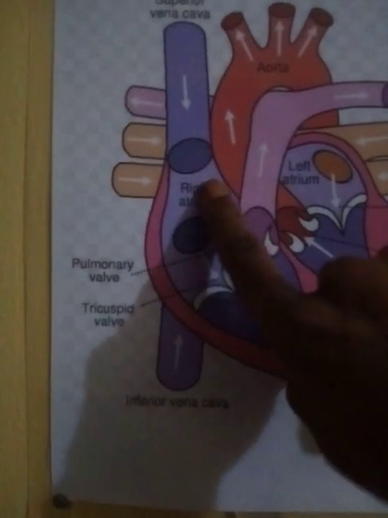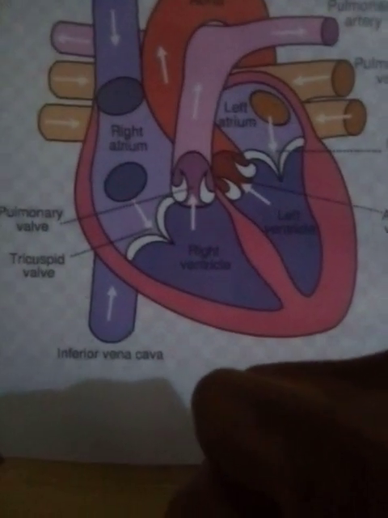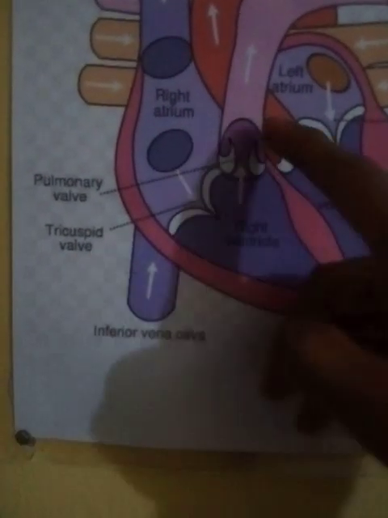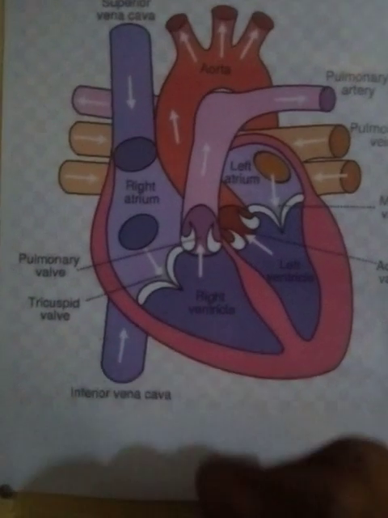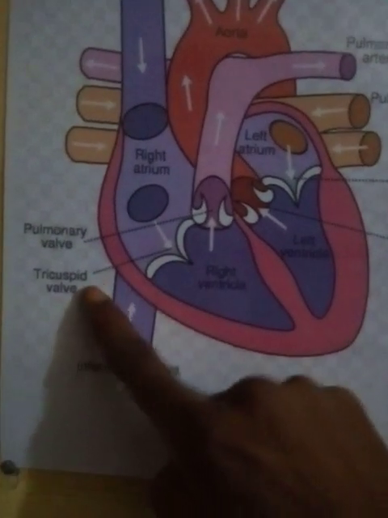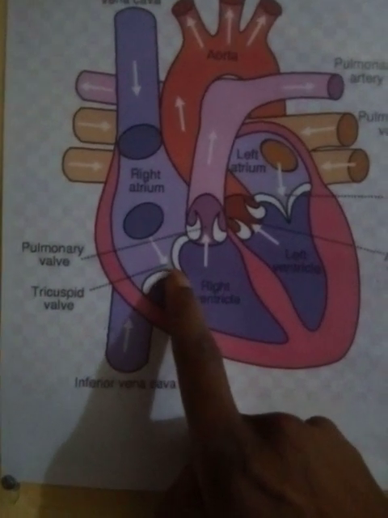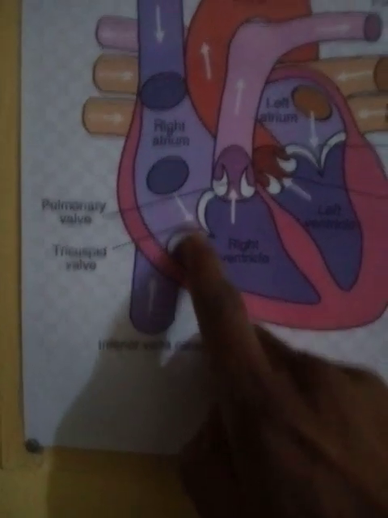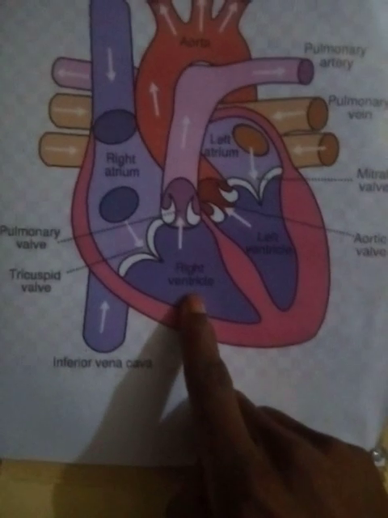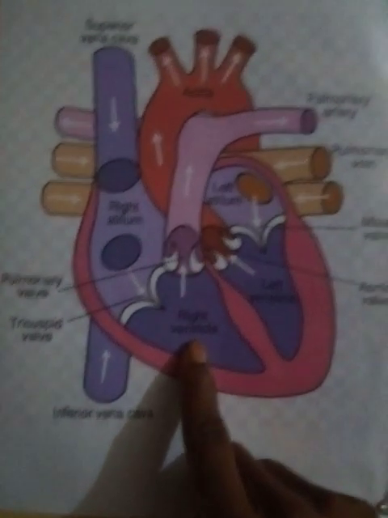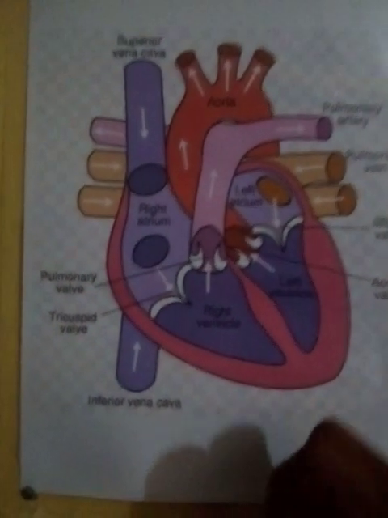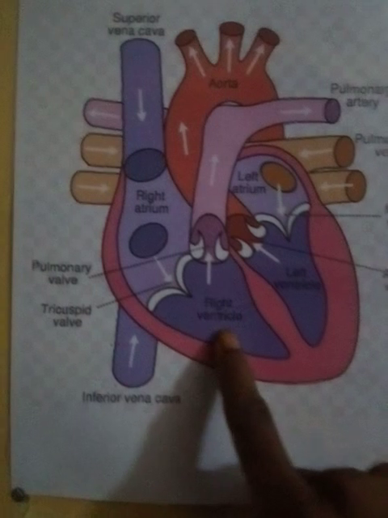So in the right atrium, when the heart contracts, this valve, known as the tricuspid valve, opens, giving way for this deoxygenated blood that's coming from here to enter into the right ventricle. Alright, the right ventricle. In the right ventricle, when the heart contracts again, blood now moves from the right